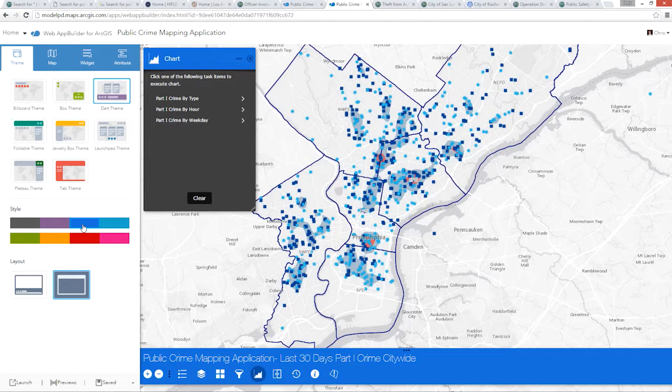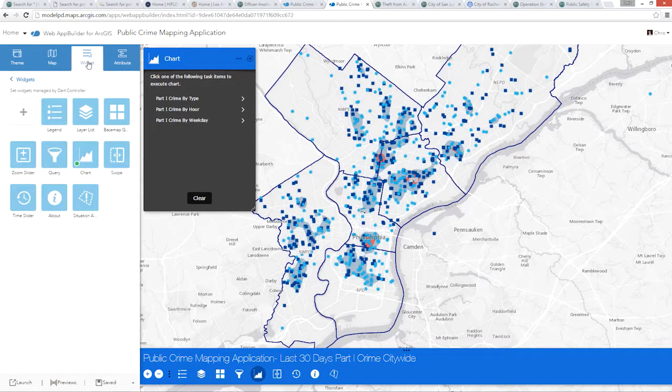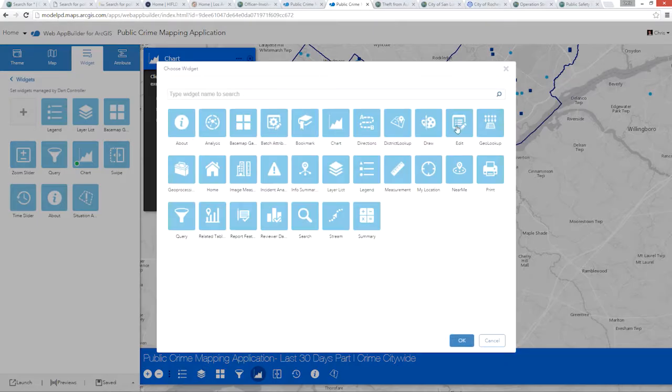So I can see my changes immediately. I can control what map goes into this application, what the extent of the map is, view scales, but the real important piece here is building an app based on a combination of widgets that meet the specific functional needs that you have. So I can add a new widget to this app and select from about 25 different widgets